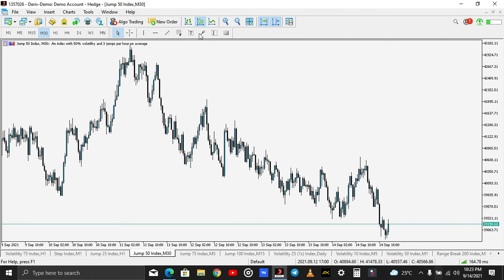Now this is a very good example of a liquidity grab. This was an engineered low here. It was an engineered high. Can you see? Let me try and make this a bit straight. This was an engineered high here. So price came, tapped here, came down, tapped here, came down.